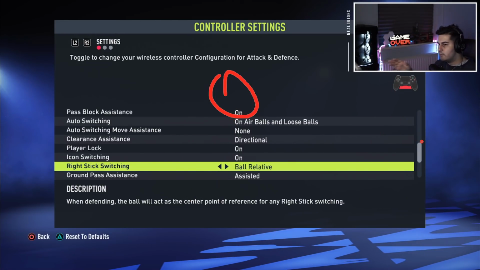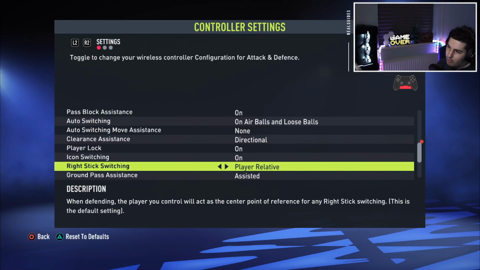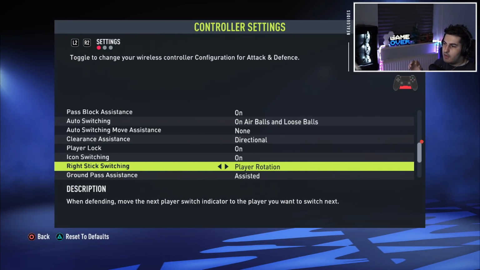But I understand everyone's had their reservations. But again, this will become the meta in 2 years' time, and everyone will start laughing now, but they won't be laughing in a couple of years. But it is true. On the top tier level, on pro level gameplay, player relative is better. I've experienced this myself when I'm pressing manually. Ball relative hasn't really got the best of benefits,